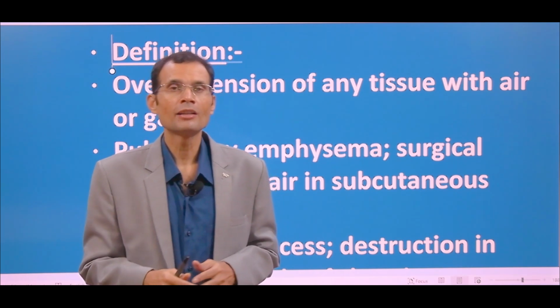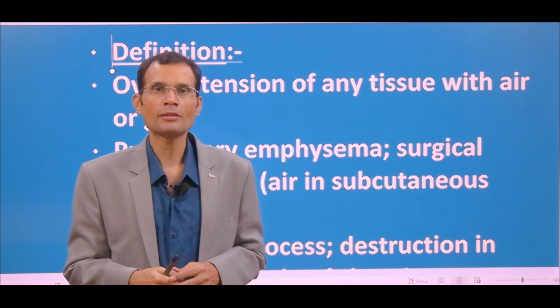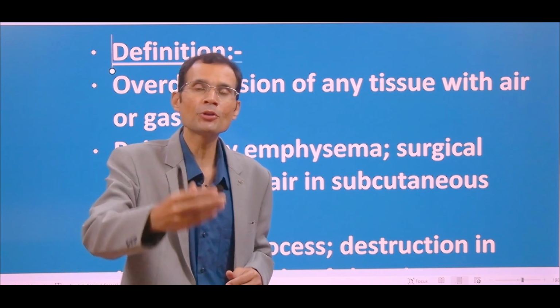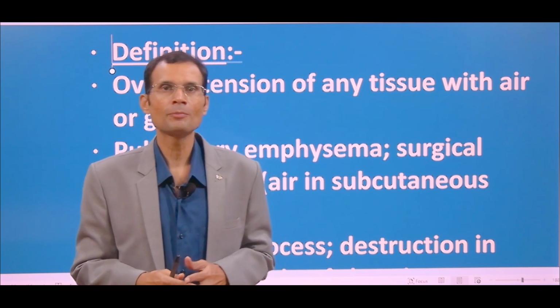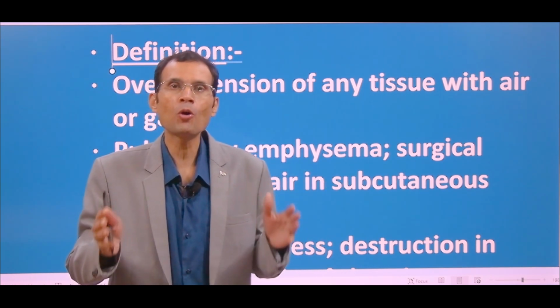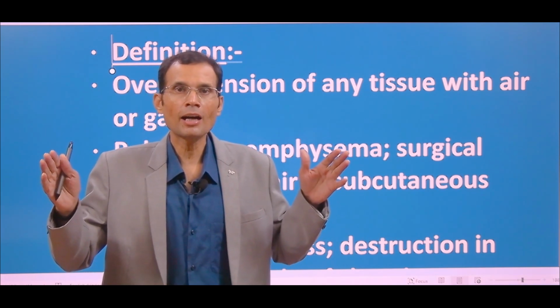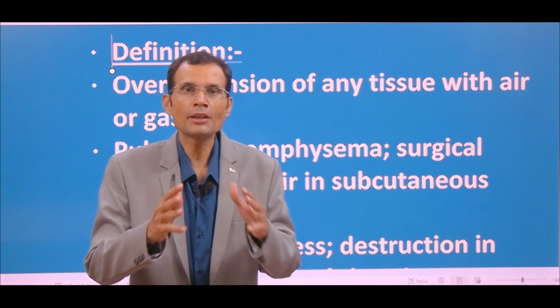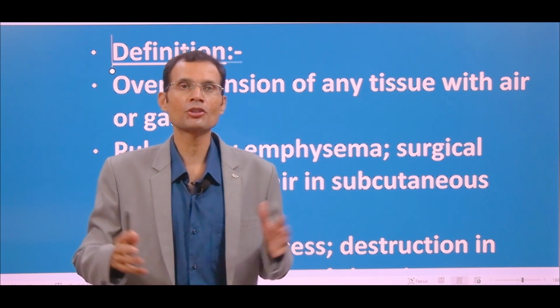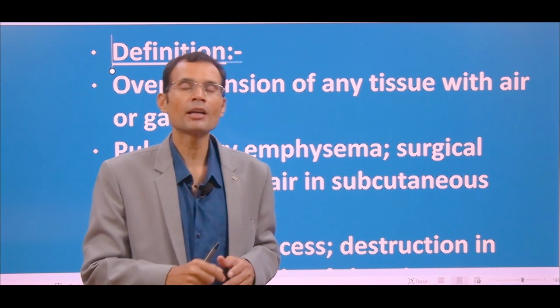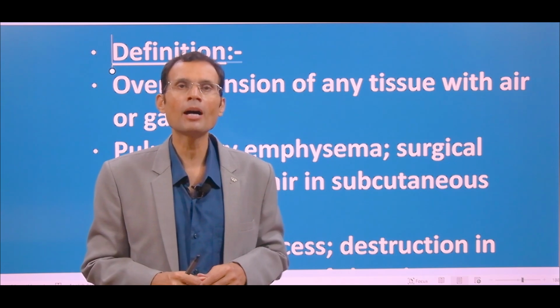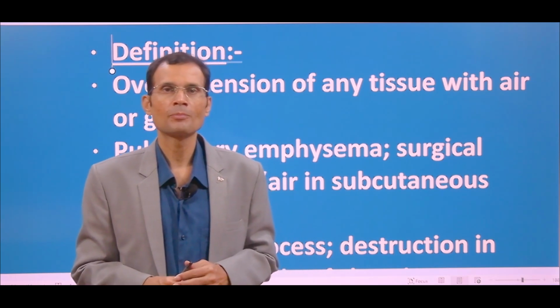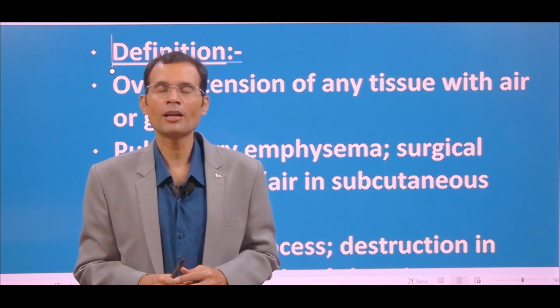In addition to that, there is narrowing of the airways and air is unable to come out during expiration. What will happen? The lungs will distend more and more, but they are unable to expel the air out during expiration. So there will be great distension, over distension of the lungs associated with damage to the lung parenchyma and many more consequences. Do you know which disease we are talking about?